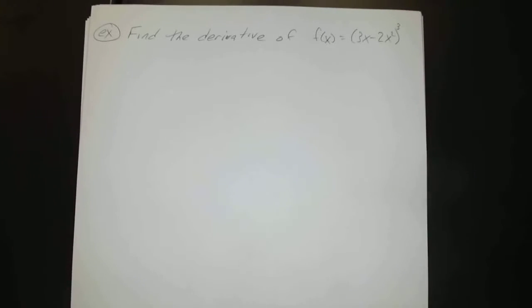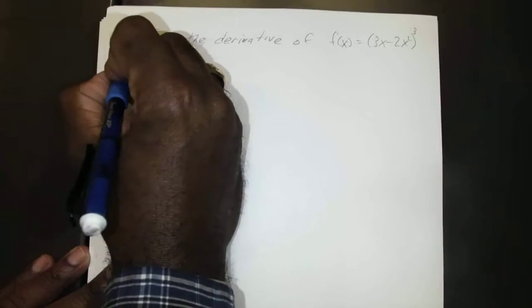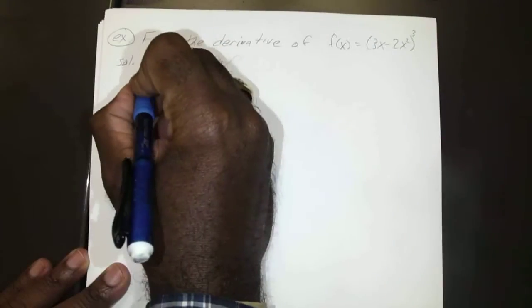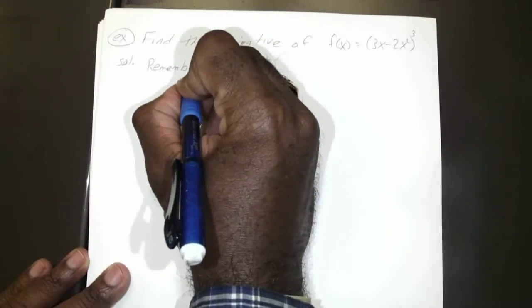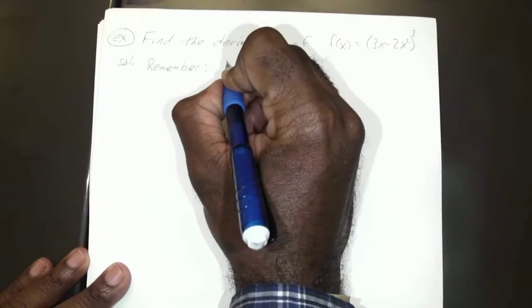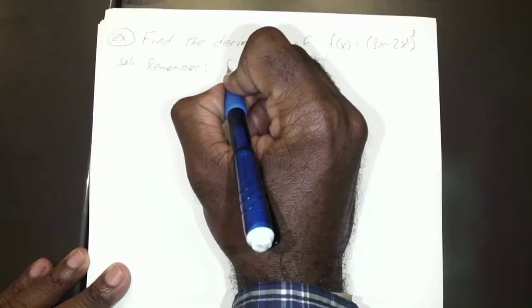Now, so far we've been using just the power rule where you have x to the third power or x to the 2/3 power or something like that. But now you have an actual function raised to the third power. So you do the exact same thing, but you just have one more step to it. Okay, so if you remember the chain rule, let's say,